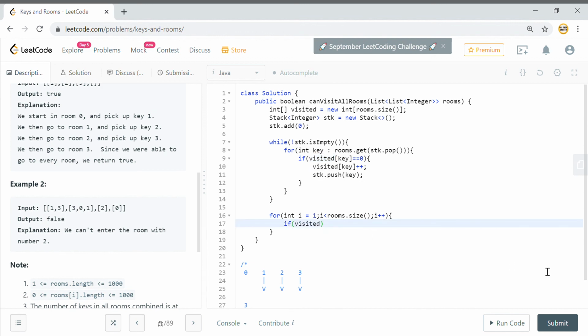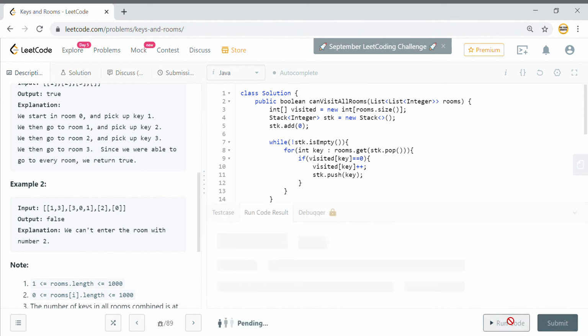So if the ith room was not visited, then the value will be 0 by default. If this is 0, then you return false. It means that not all the rooms were visited. Otherwise, in the end, you return true. So that should do, and let us run the code.